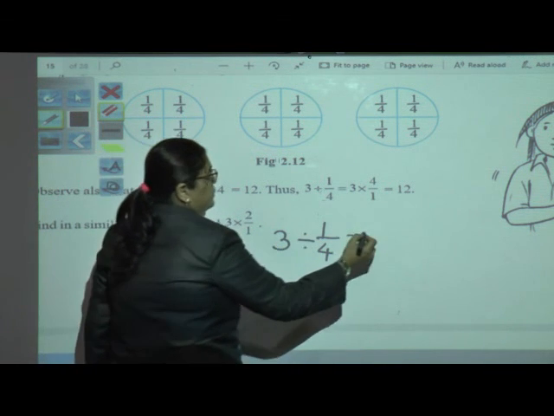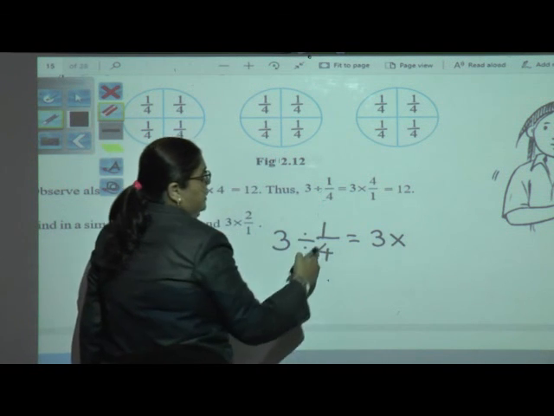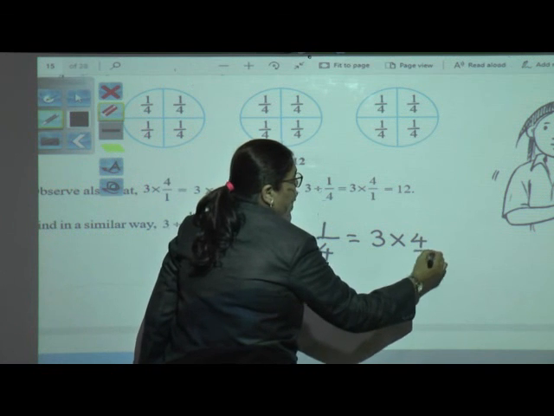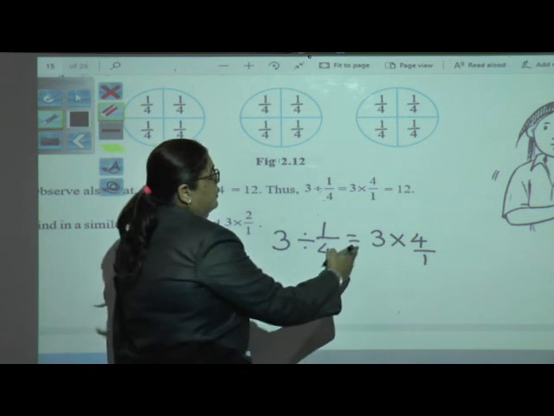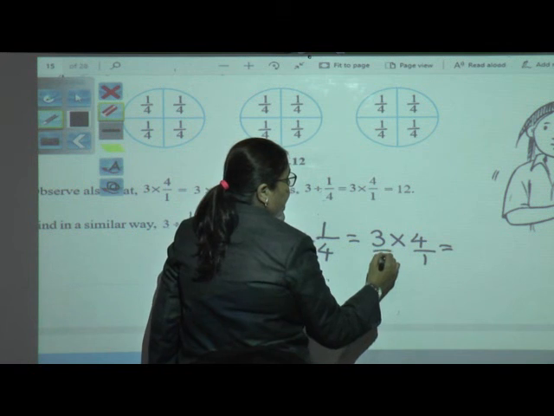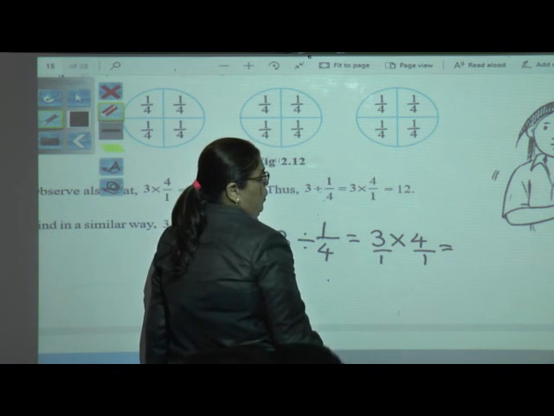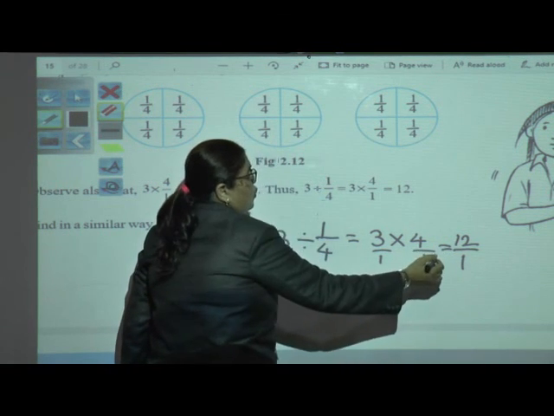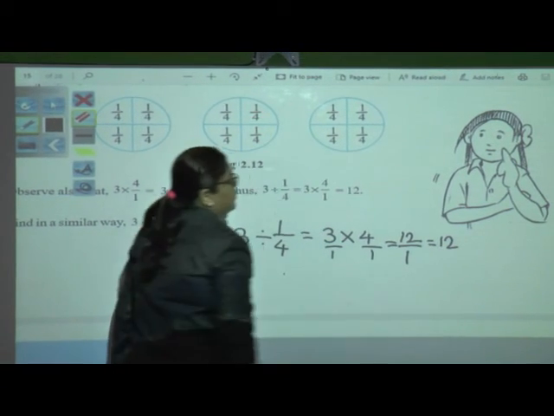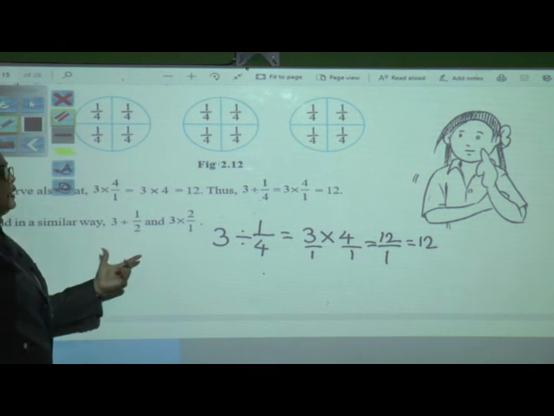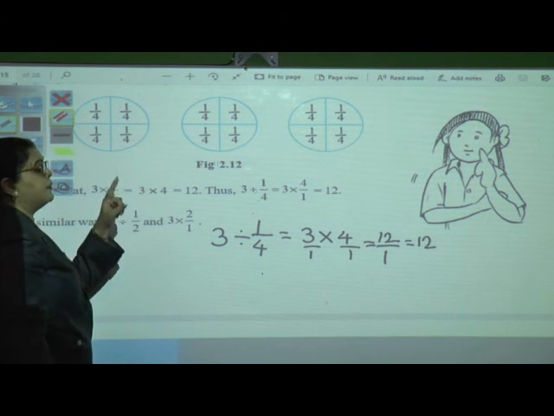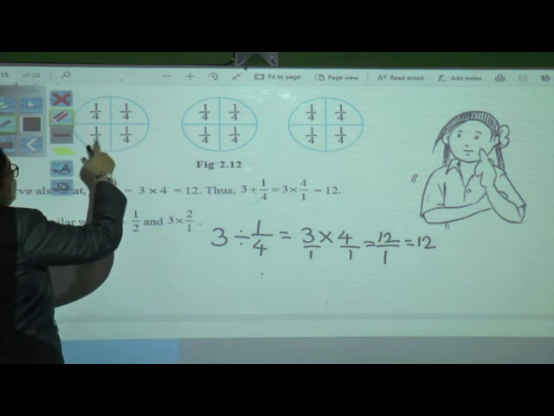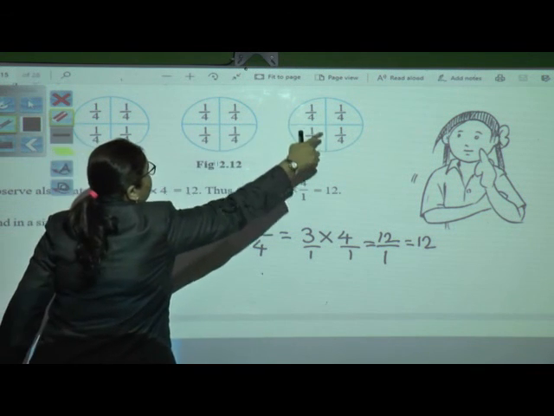So here, 3 multiplied by, what will be the reciprocal of this? I have to write up and down. So here will be 4 upon 1. So what will be here? 3, nothing is there. I told already we have to imagine it is a 1, 3 upon 1. So 4 3s are 12 upon 1, which is equal to 12. So how many pieces will I get? 1/4 part pieces, that will be 12 pieces I will get. I can count here 1, 2, 3, 4, 5, 6, 7, 8, 9, 10, 11, 12.